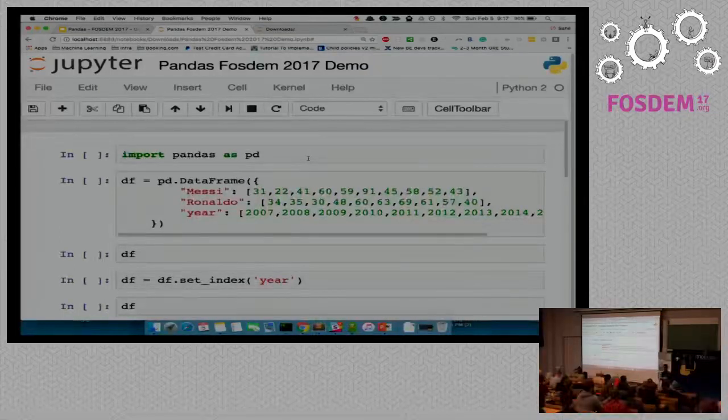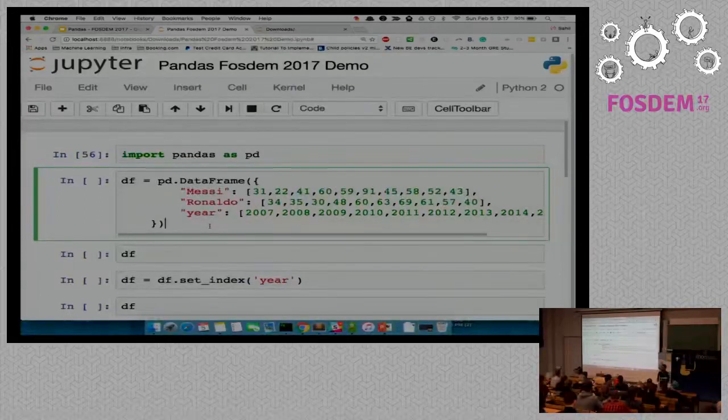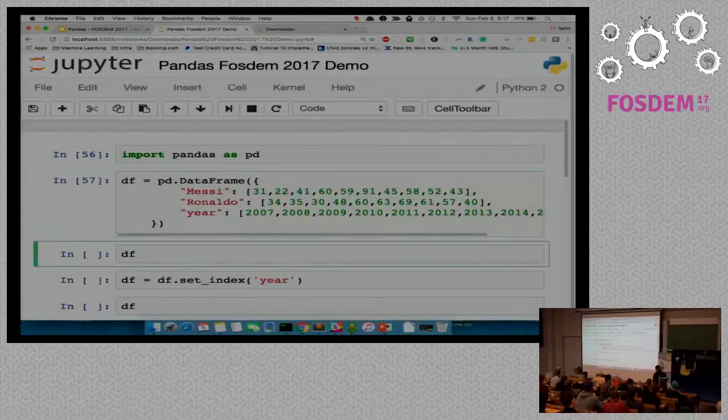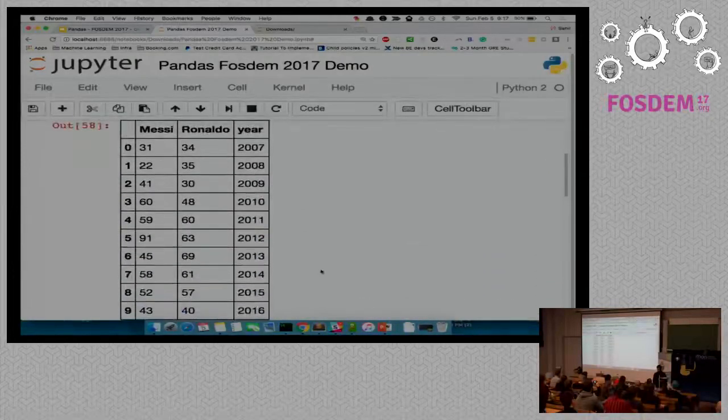So the data that I fetched today is the number of goals scored by Messi and Ronaldo in the last 10 years. And we're going to analyze that data to see how we can make some sense of it. So I will go ahead and just import the library. And this is a data frame. I actually construct the data frame from a dictionary. It may be fetched from anywhere, maybe from some database or anywhere. And once I build the data frame, if I try to print it,